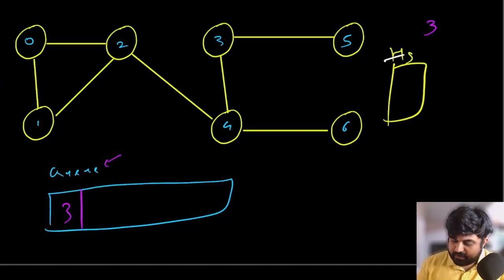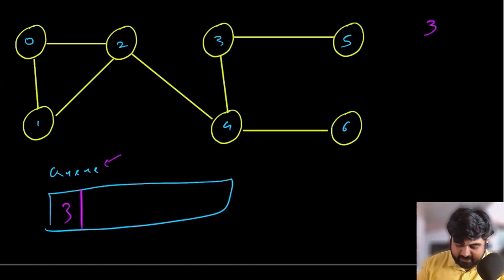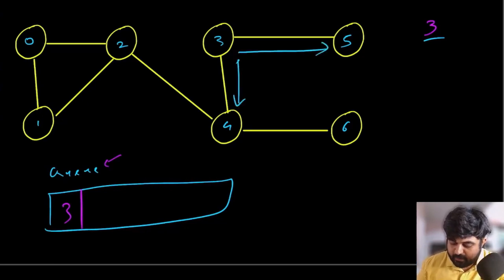Okay. So for all the values that we have already visited, I'm just going to mark them in this graph. Now, first thing we are going to do is, for this value number 3, we are going to check whether 3 has any neighbors or not. And 3 does have 2 neighbors. So first neighbor is this value number 5, and second neighbor is value number 4. So the moment we identify existing neighbors for any element, we are going to add them to our queue.